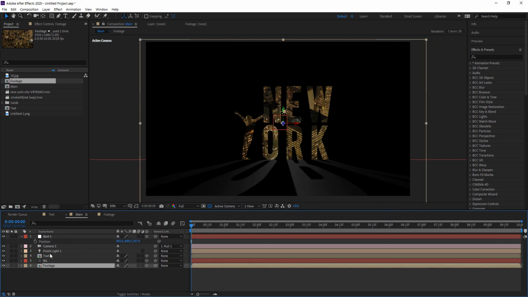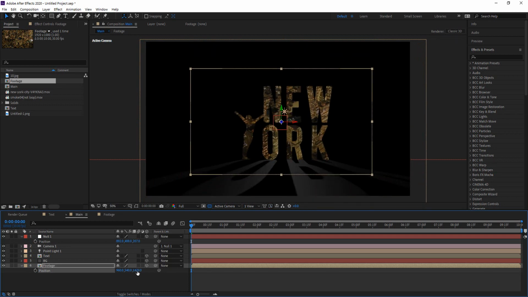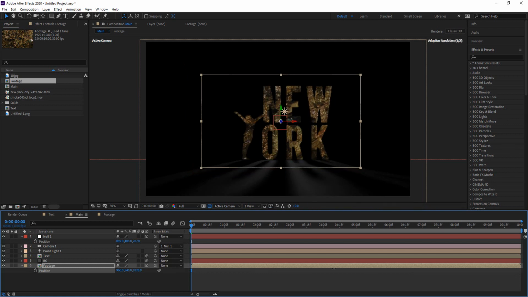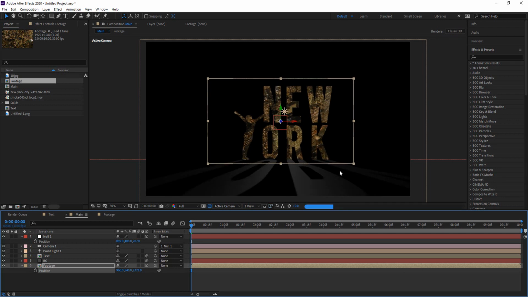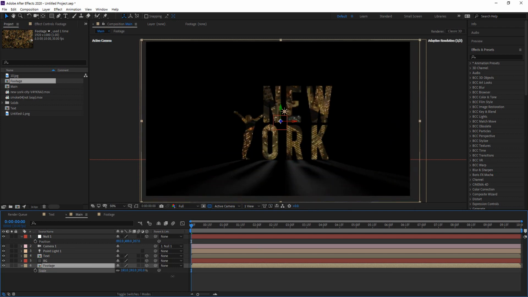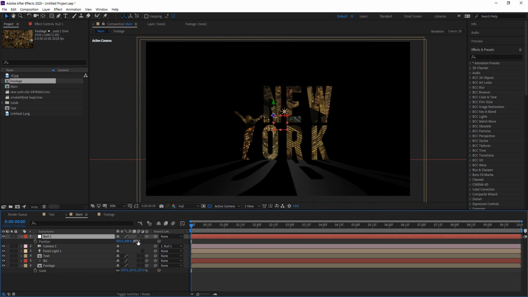Okay, go back to our footage. Next, what we're going to do is hit P on our keyboard. We're going to take our Z-axis here and move it back, just like that. Right about there, where it's still covering all your text. Next, we want to make sure it's still highlighted. Hit S on your keyboard for scale, and then we're going to scale that back on up. Just like that. Alright, now, if we go back to our null,